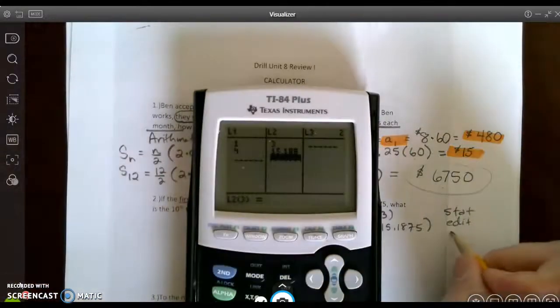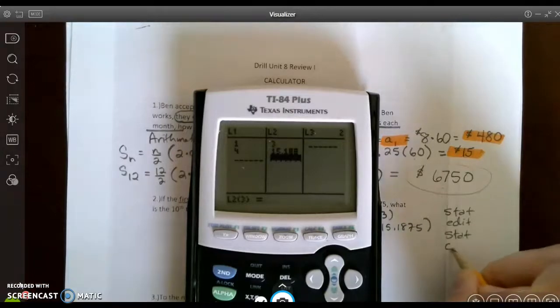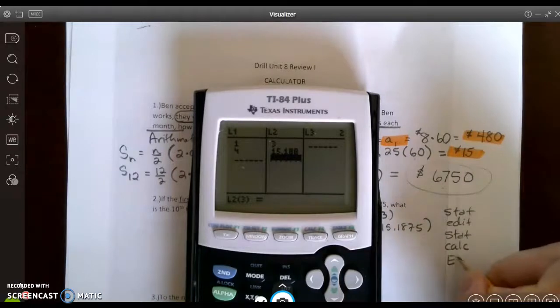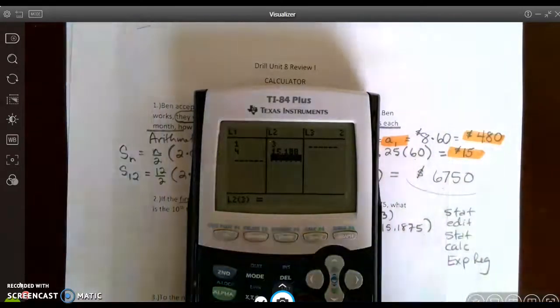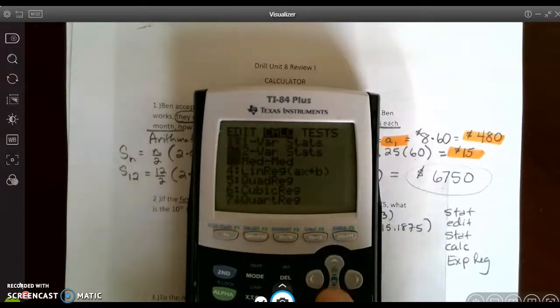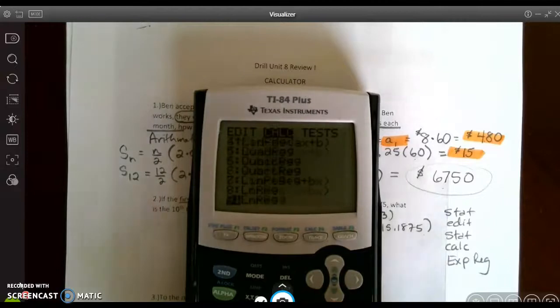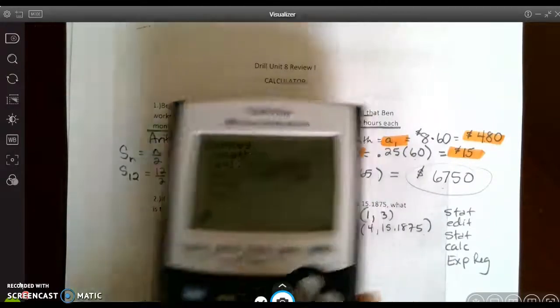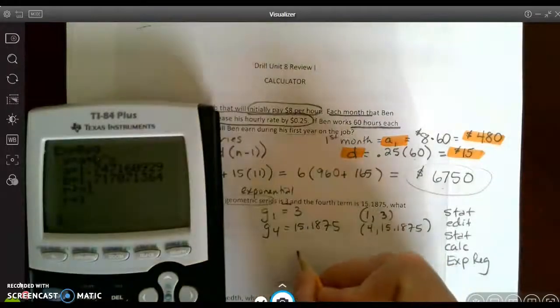And then I'm going to go to Stat and Calc, and because it's geometric, I'm going to choose Exponential Regression. So Stat and Calc. Exponential regression should be choice 0 right there. Enter twice. And I get the formula